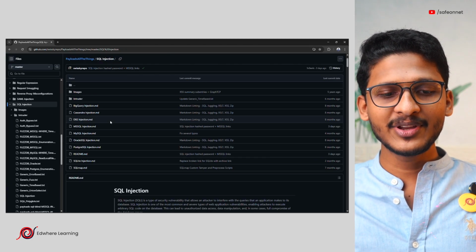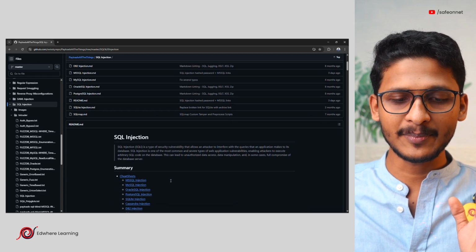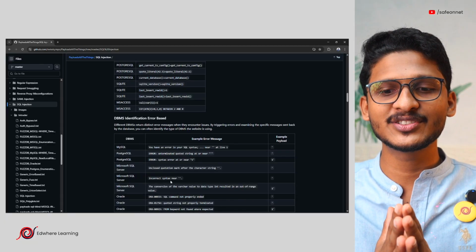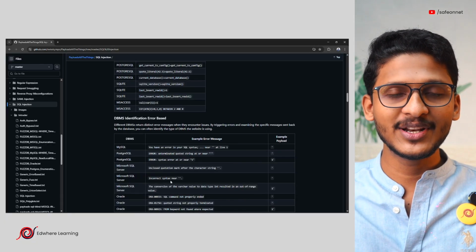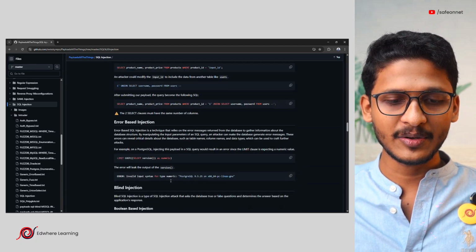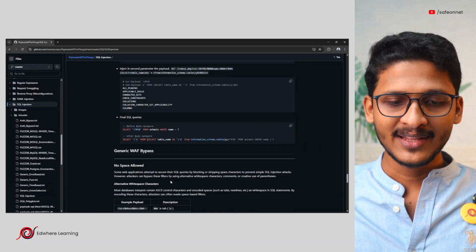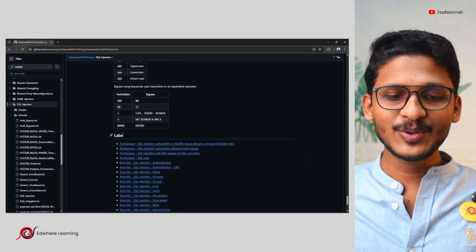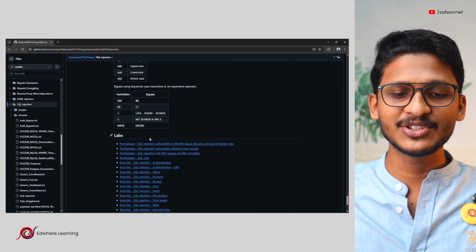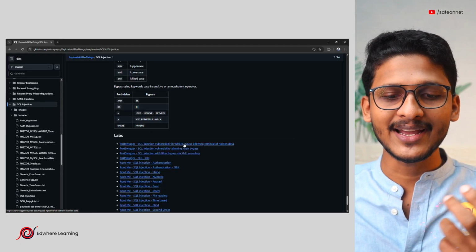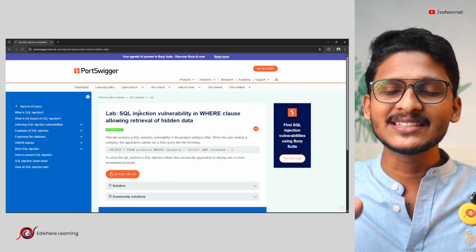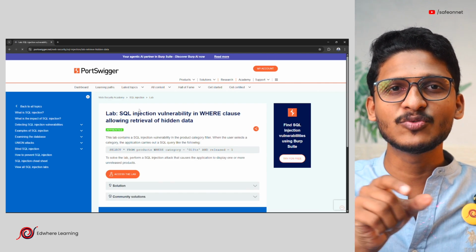Also, if we are taking SQL injection in particular, what we also have is for the learners, for someone who is trying to learn how SQL injection works and how we can actually exploit it. There is a specific section at the bottom. You can scroll down, and you can see there are some labs given here. These are free labs which you can access. There are PortSwigger labs which they have linked to. So you can go to these links and find the specific lab where you can actually test this vulnerability.